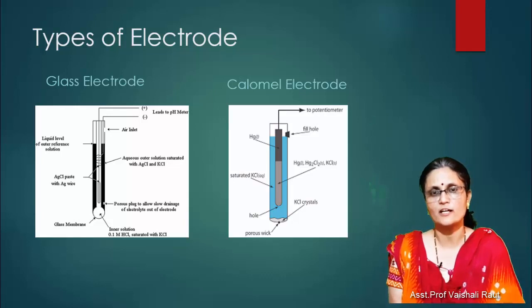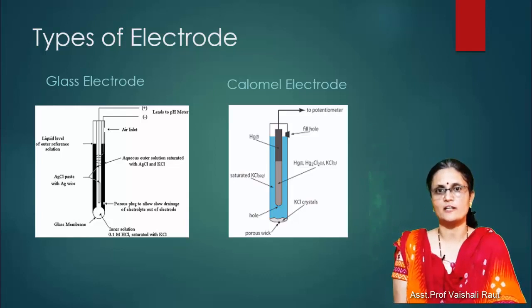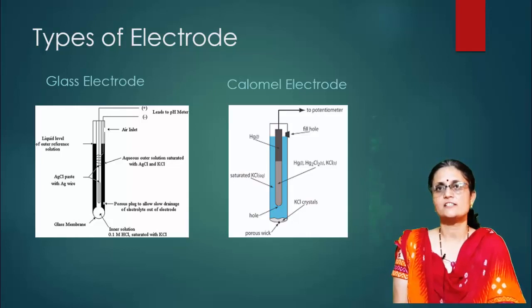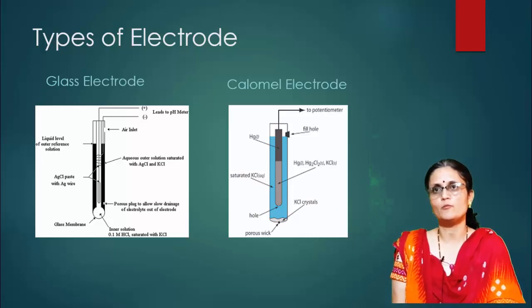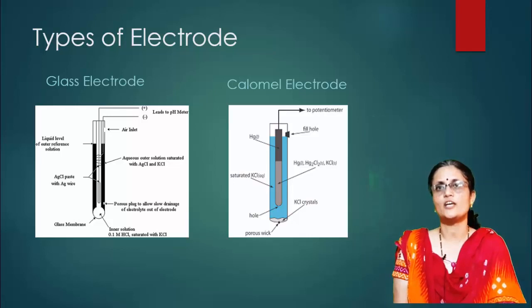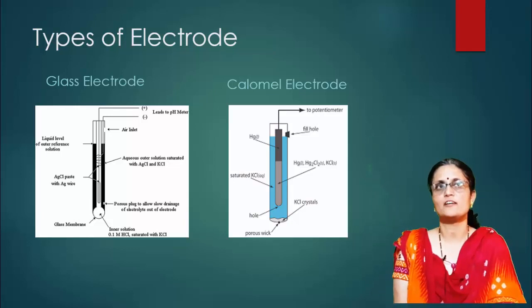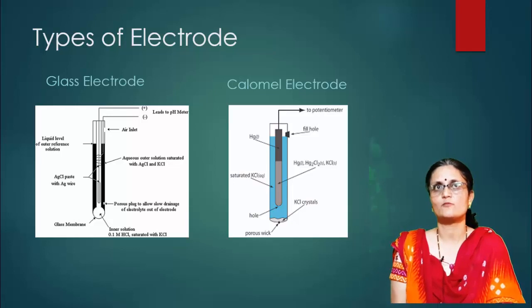The glass electrode consists of an internal reference electrode, that is silver chloride electrode, and at the bottom the glass electrode has the small glass bulb. This glass bulb is made up of pH sensitive glass. Inside the bulb there is a 0.1 molar HCl solution which is in contact with the sample solution. These two electrodes combinedly produce the effect of EMF. This EMF is converted into pH of the solution.